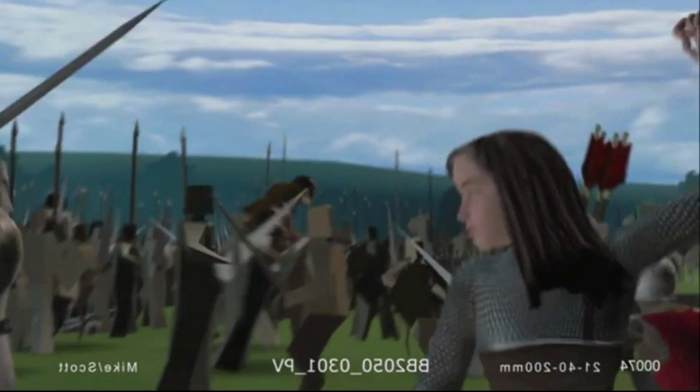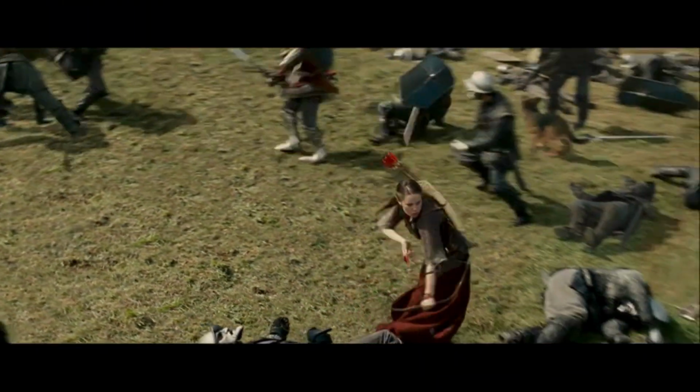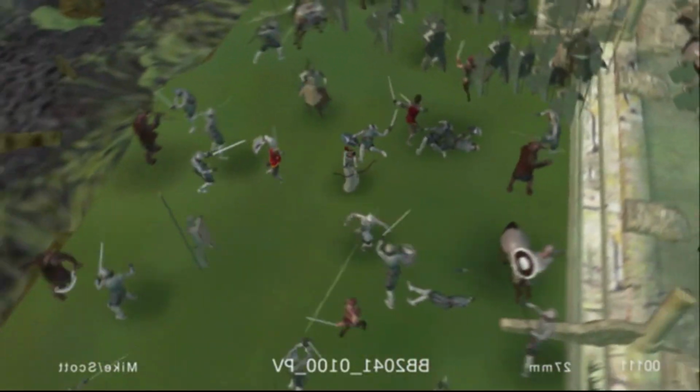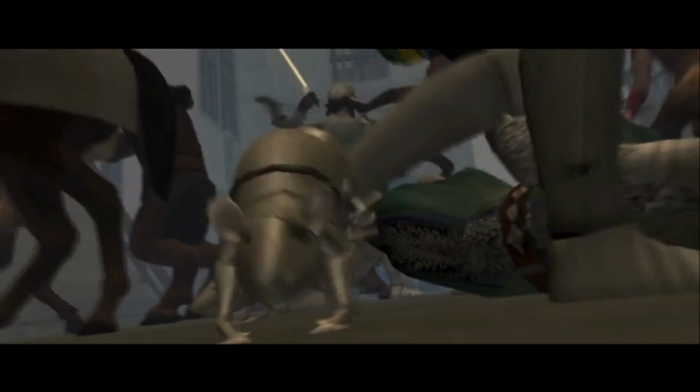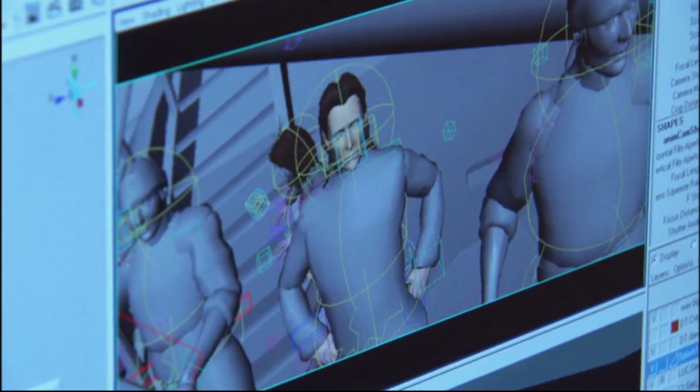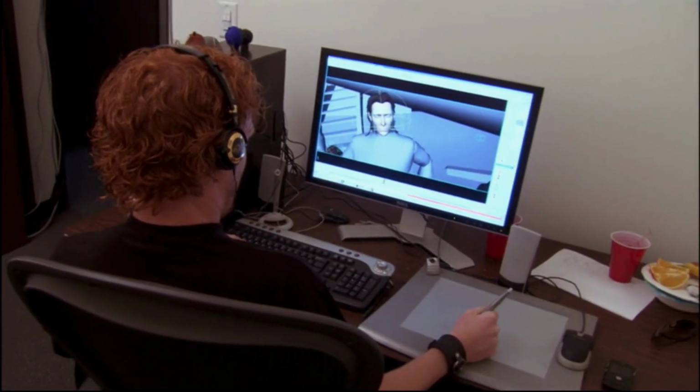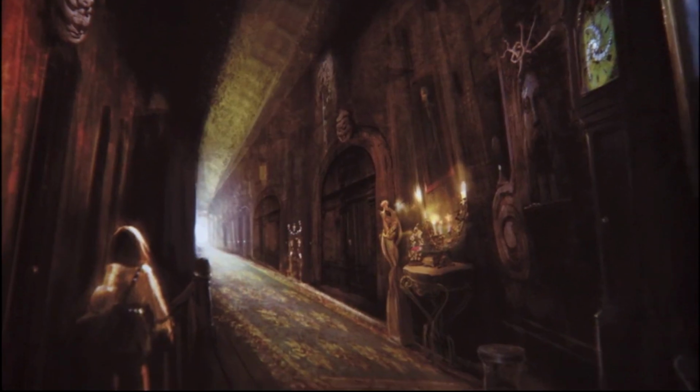Caspian was pretty challenging. We had a lot of characters in some of these shots. We had to think of some ways to get around some of the limitations of the computers. It seems like we're always upping the ante. Caspian was mostly shot when we started working on Dawn Treader. And there are sequences in Dawn Treader where we're like, well, how are we going to do this? Because it's so big, it's so epic. But we're asking ourselves the same questions on Prince Caspian.